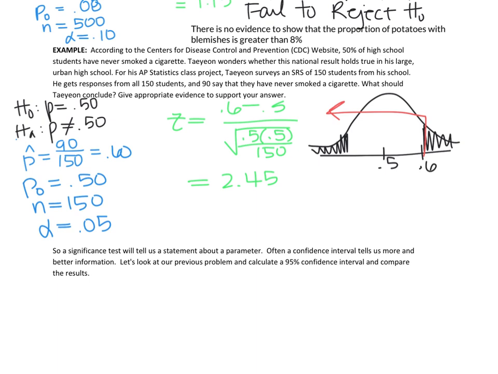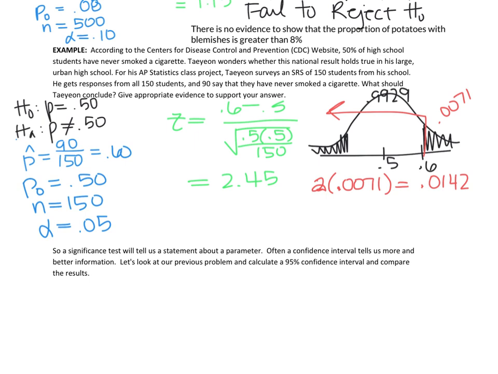So when I look at 2.45, we get 0.9929. So when I do 1 minus that, we get 0.0071. But we could fall in either, we have two probabilities to look at. We have the upper probability and the lower probability. So we have to do 2 times 0.0071 to get our p-value, which is